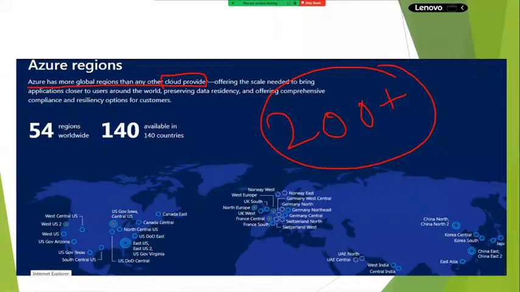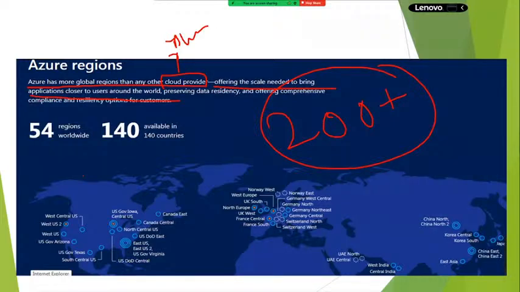It is offering scalability. Bring your application closer to customers, meaning we can provide better performance and better service. If any service is down in our local data center, they can fix it on an immediate basis. In order to provide high availability, we have another data center where we can automatically migrate our services to meet the 99.99% SLA. These are the advantages of Microsoft Azure.